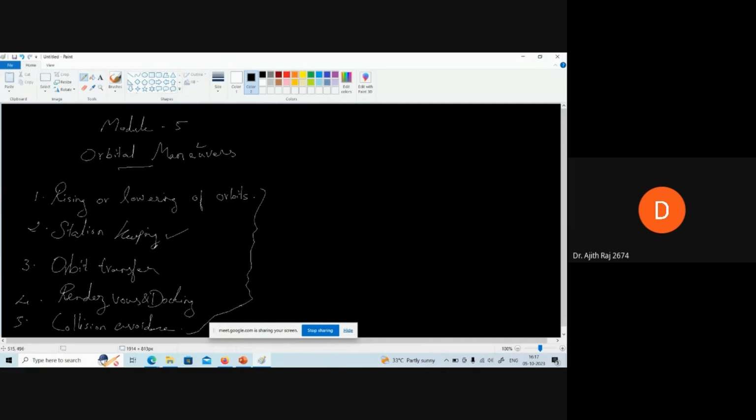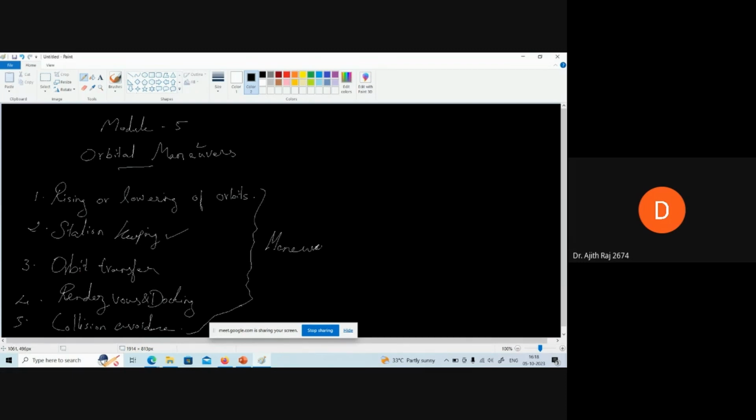Any meteoroids or anything of that kind. In order to avoid the collision, we may artificially change the orientation from its existing path to a new path, so that it can escape from the collision, right? So these are the different scenarios where we